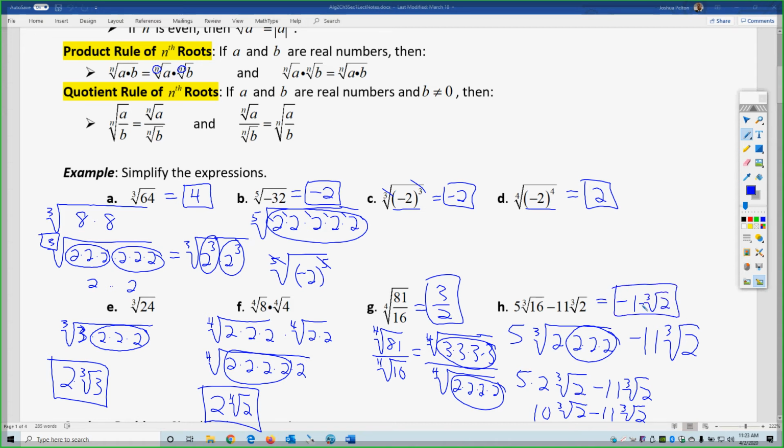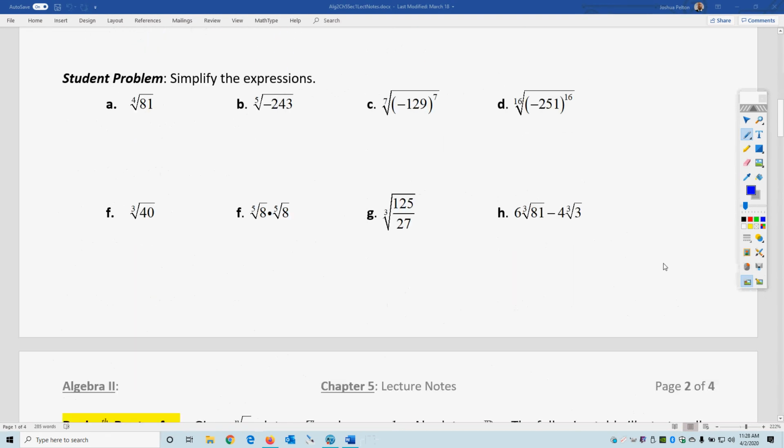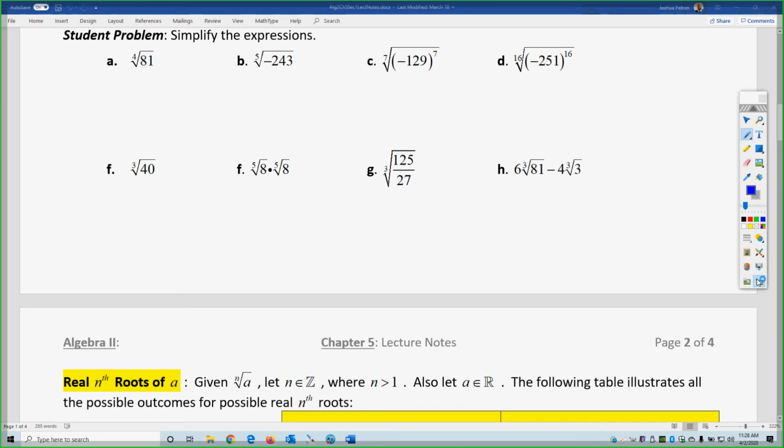You can think about why that is. If you had a similar problem of 10x minus 11x, that's just -1x. Okay, same idea, except this is a root, not an x. Pause the video, try the student problems for yourself. Okay,